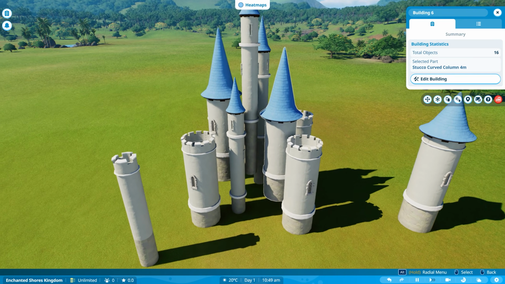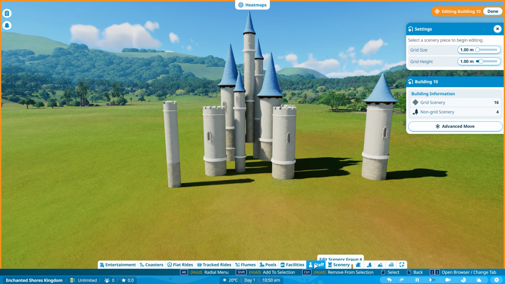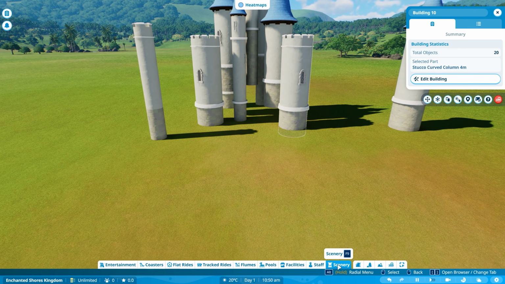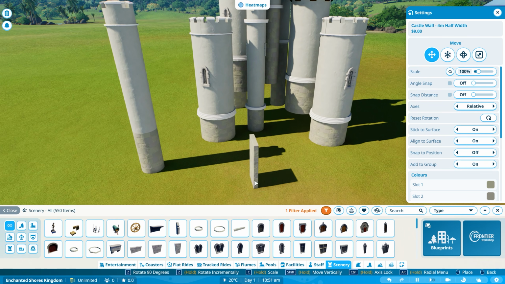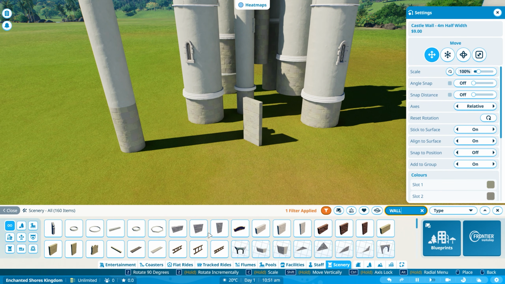And now I want to see if we can... Do I want to have more towers or just... Let's just create... Okay, let's just go out of that blueprint and then create a new one. And now we're going for walls. So castle wall. Okay, no. Wall. Let's go for wall and then find...